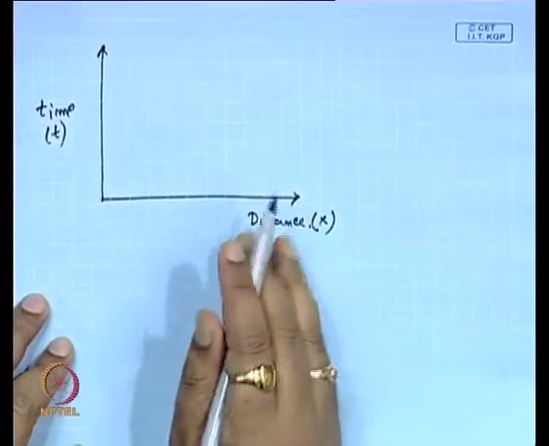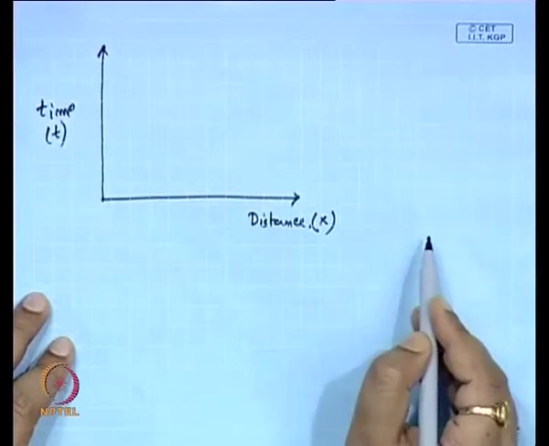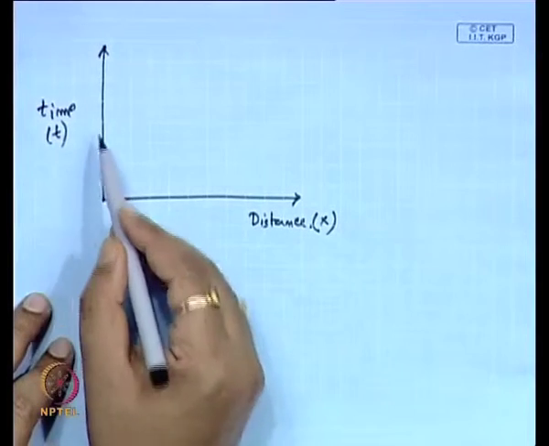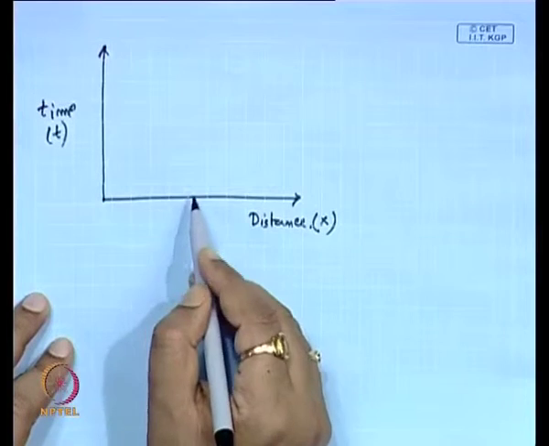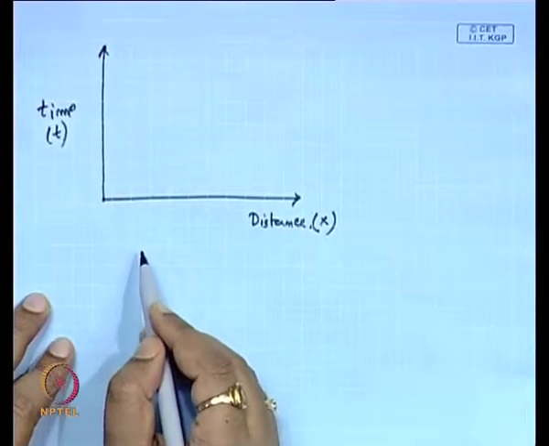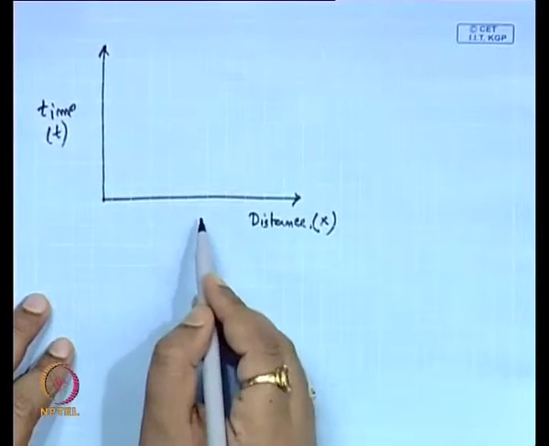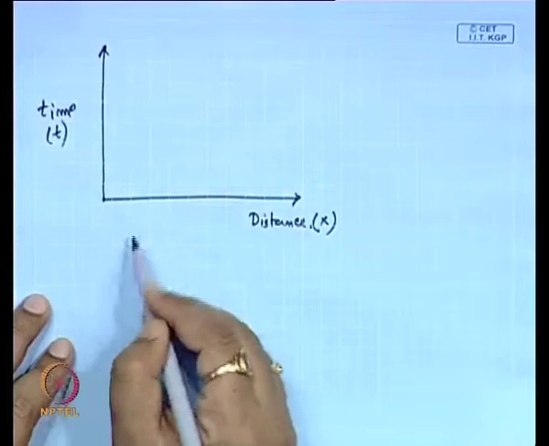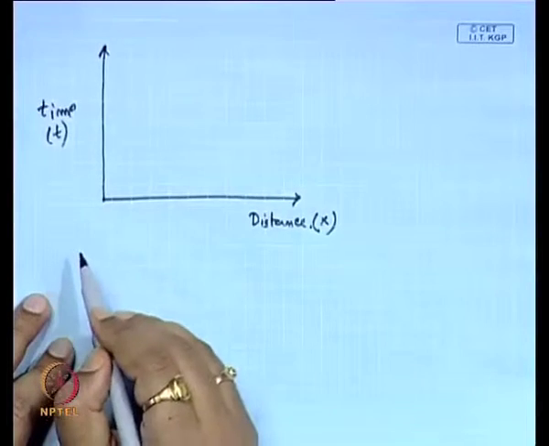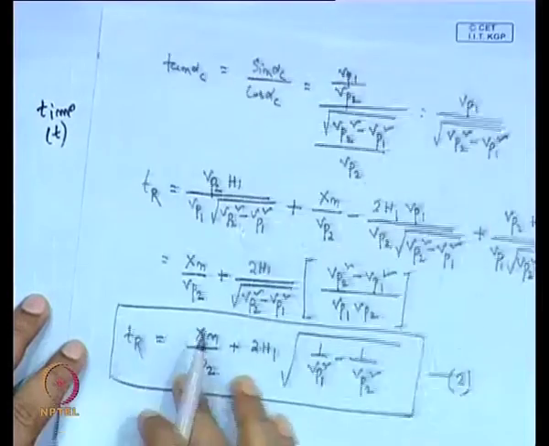So, if we put the receiver beyond the critical distance at different points, we will get the first arrival time of the refracted ray. And if we put the receivers within the critical distance at different distances from the source, the first arrival will be the direct ray. Now, let me plot the different expressions.